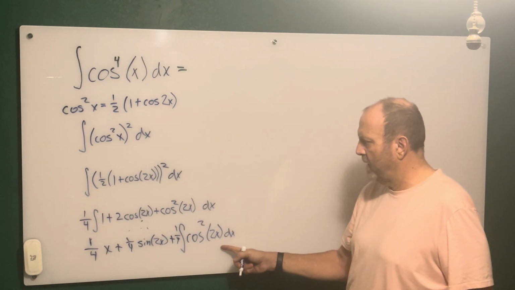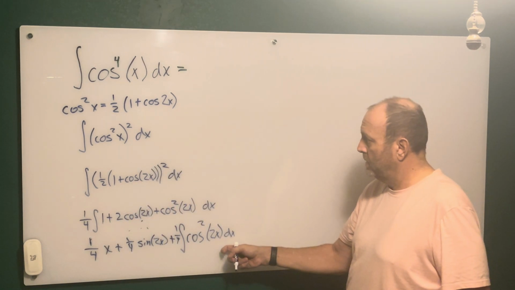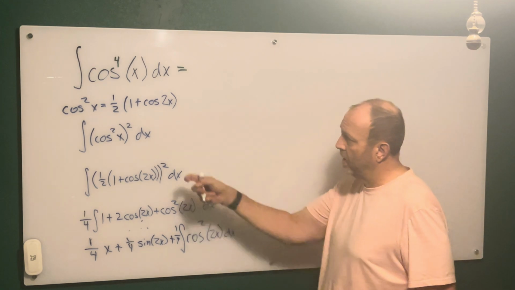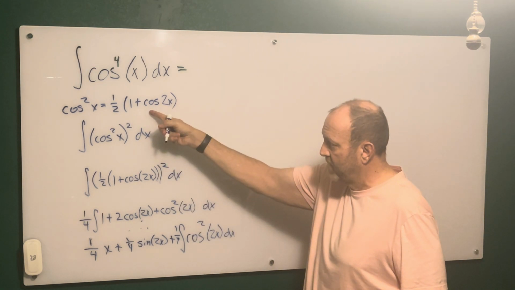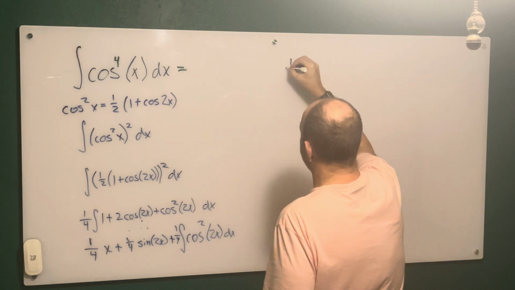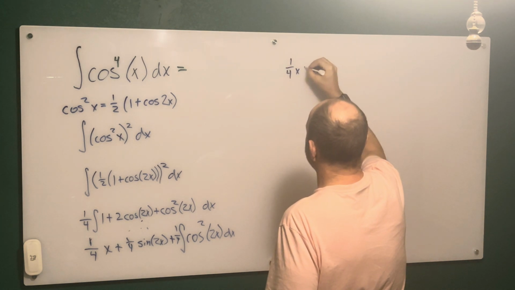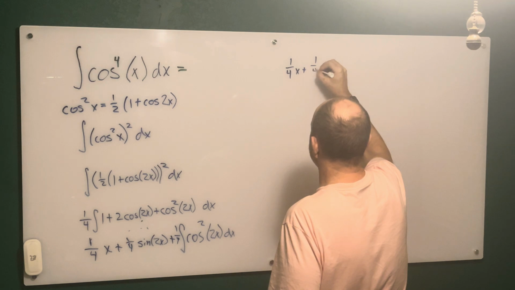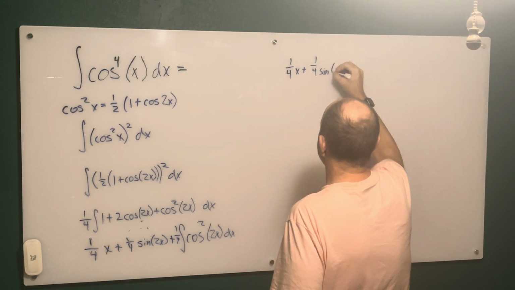So we've got this. Well, that's our problem here, but just like we did up on that stage, we'll do it one more time. So you have 1/4 x plus 1/4 sine of 2x